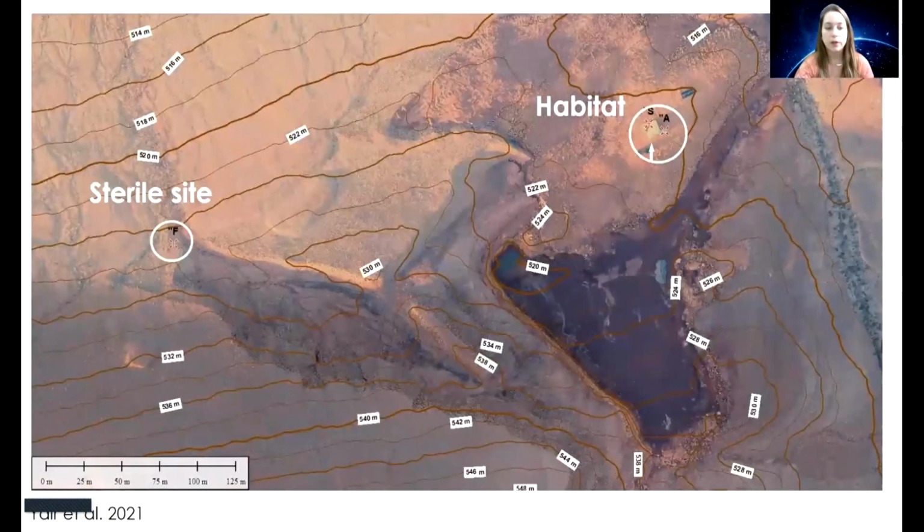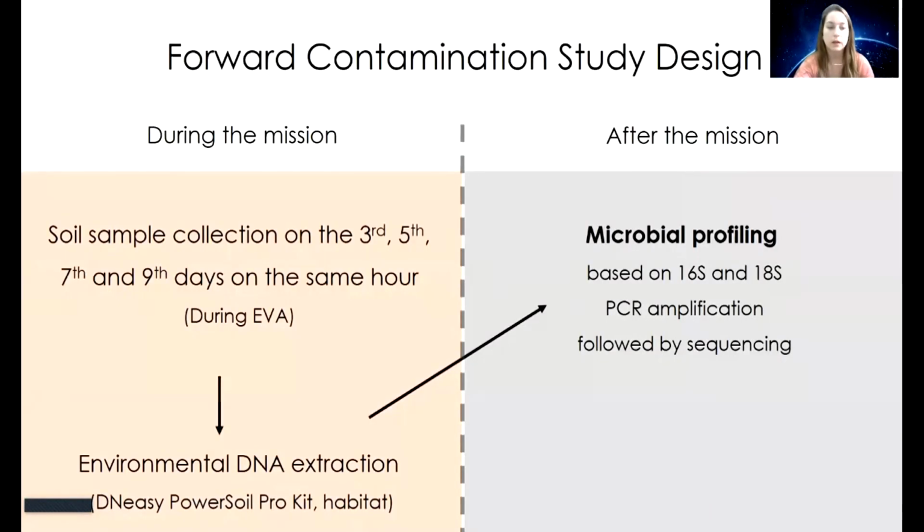This is an orthophoto and elevation model of the mission area and sampling sites. You can see the relative location of the far site compared to the habitat and sites S, which means sanitary, and A, which stands for entrance site. To study forward contamination, we sampled our 3 sites on the 3rd, 5th, 7th, and 9th days of the mission